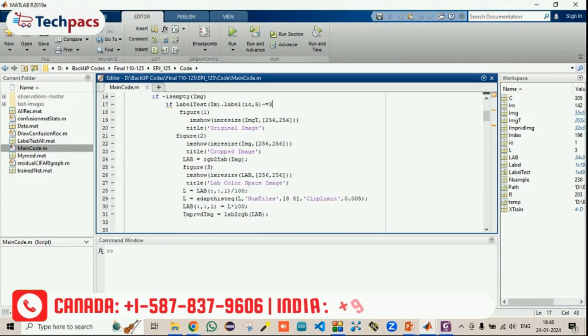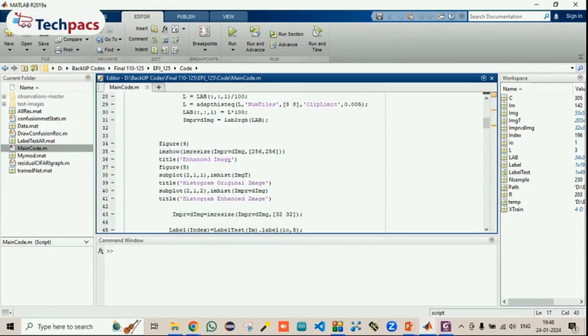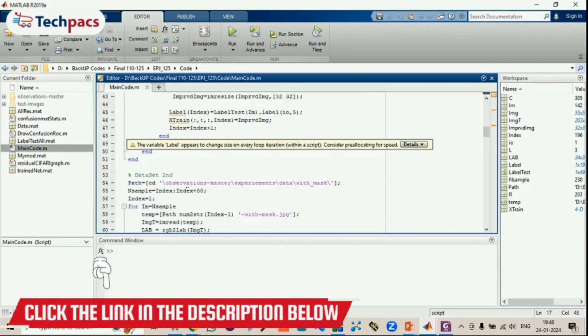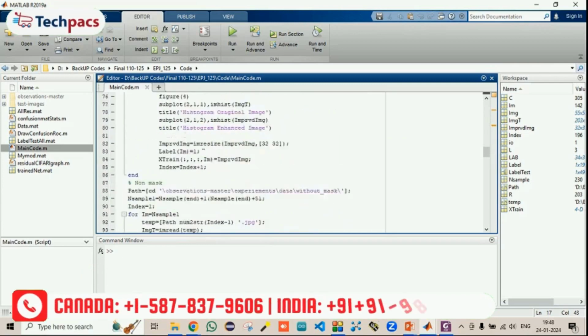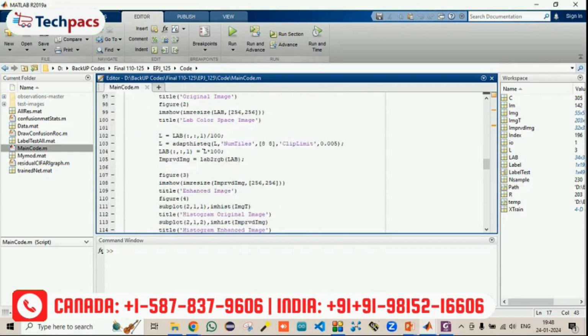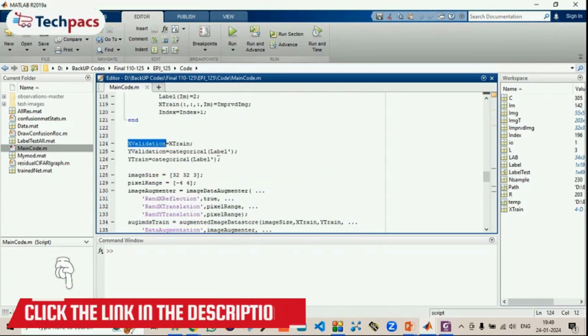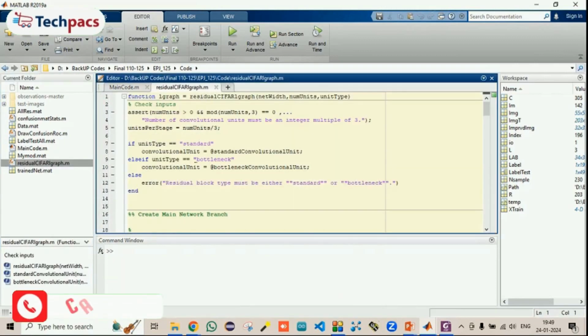Initially we are processing the image, cropping the image, then converting to the LAB color space. The adaptive histogram equalization method has been implemented and the dataset has been created. This is done for dataset 1. Then in dataset 2, masked and non-masked images are also processed in the same way. The final dataset is there. Then a residual model has been implemented, where the residual model is defined in this